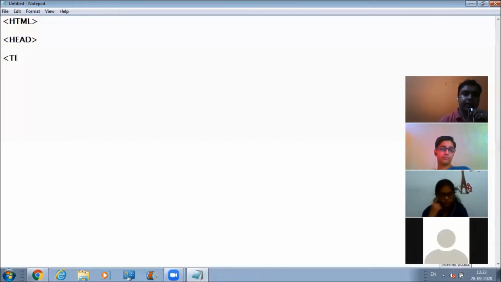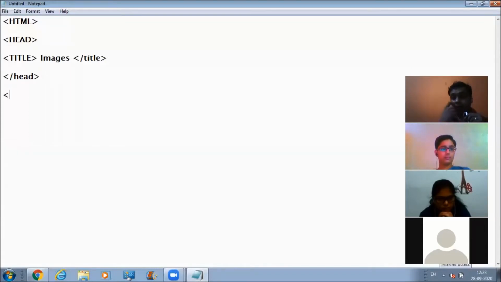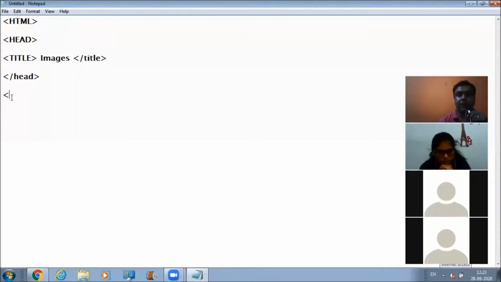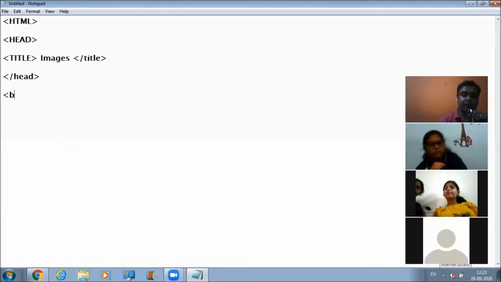After this, the title comes, and in the title I'm giving this title to my web page, images, and then we need to close the head tag. It is not a case sensitive language, so it hardly matters whether you use caps or small letters while defining any tag.